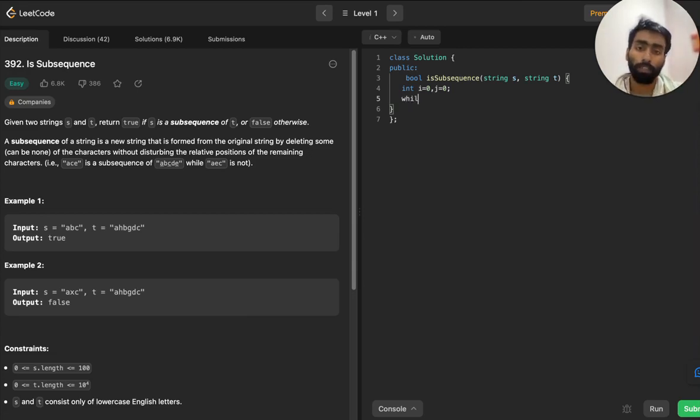And now we will initialize a loop where I should always be less than the length of s, the string which is to be checked for being a subsequence or not, and J should always be less than the text length.